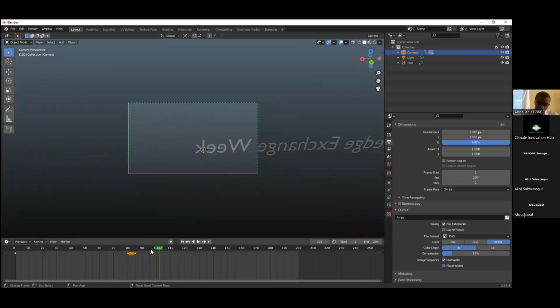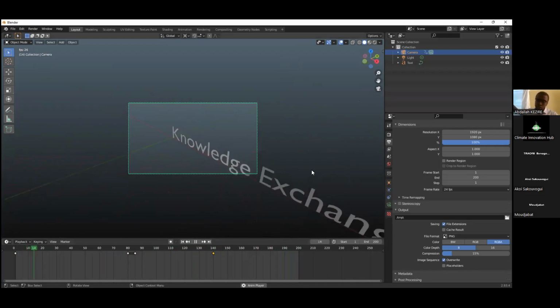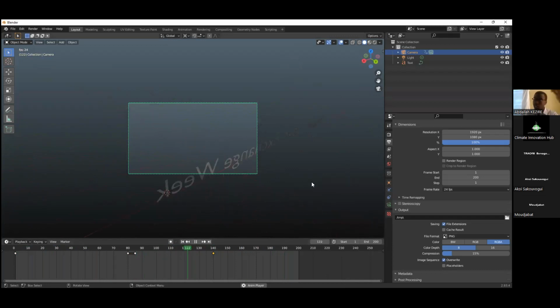It was at frame 90 something. I'll put it at frame 140. And now that the time is very long, you will see that the camera is rotating to give some pretty bulky animation. But at least you see that we can manipulate it along the time as much as we want. We can rotate it, do whatever we want, right?